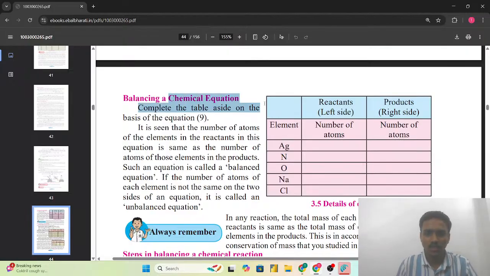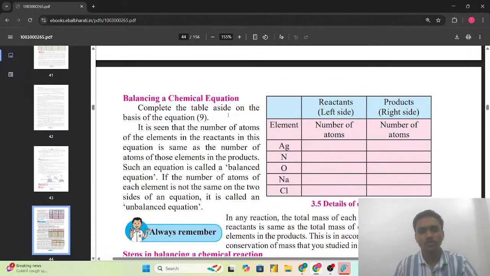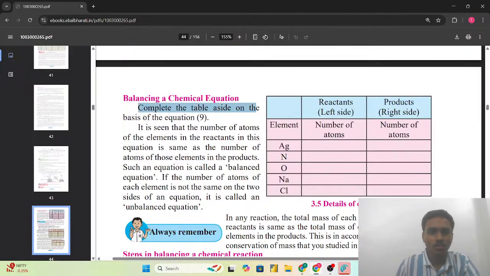सबसे आसान टॉपिक अगर है तो ये है, लेकिन समझ लिया जाए तो आसान है। अगर समझा नहीं ठीक से तो then that will be creating a huge problem, as the balancing a chemical equation is the major part. Later you will study about the stoichiometry and all. So balancing a chemical equation plays an important role in all the aspects of the chemistry. So चलिए देखते हैं कि कैसे करते हैं बैलेंस रिएक्शन को।